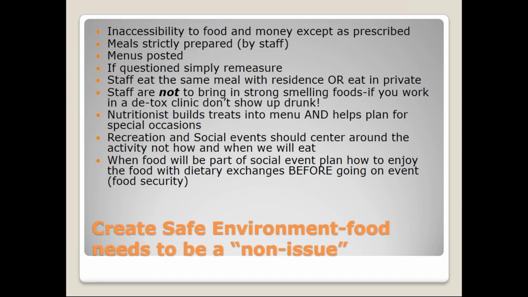Not a good idea. But when you do have a recreational or social activity, help me plan in my head what foods are going to be there. We can't always 100% know, but I know a lot of times some of our most challenging situations where somebody may run away ended up because they didn't understand what they were going to be able to exchange, or we didn't prepare as staff with the person what they could exchange if there was going to be big cakes. And some folks at the party were going to be able to have 7 and 8 different servings.